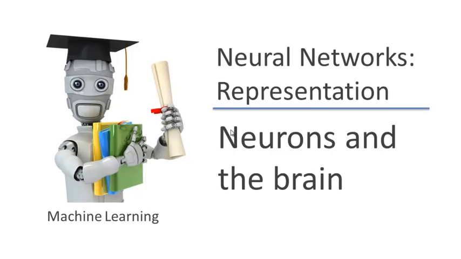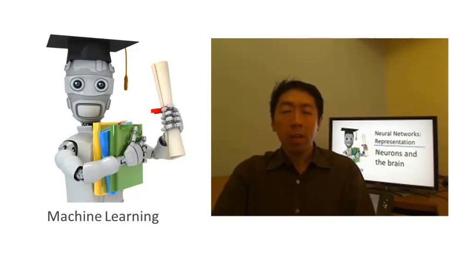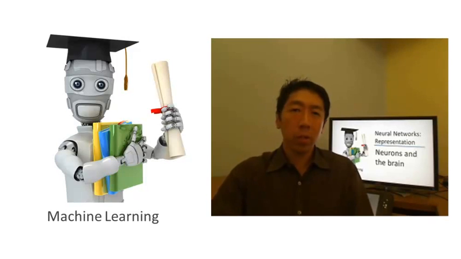Neural networks are a pretty old algorithm that was originally motivated by the goal of having machines that can mimic the brain. Now, in this class, of course, I'm teaching neural networks to you because they work really well for different machine learning problems, and certainly not just because they're biologically motivated.